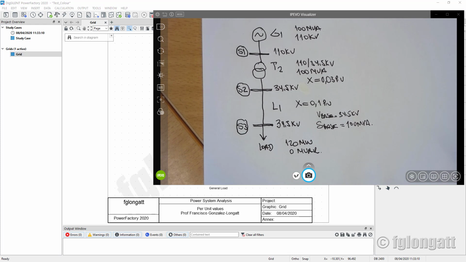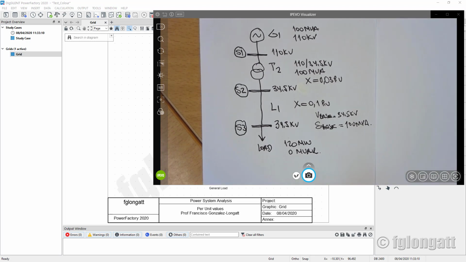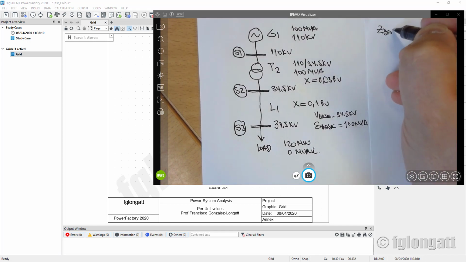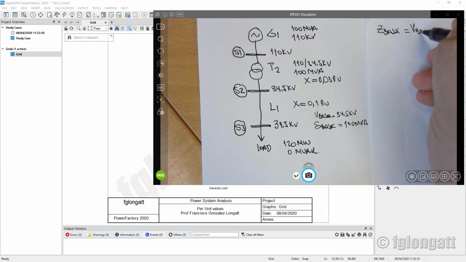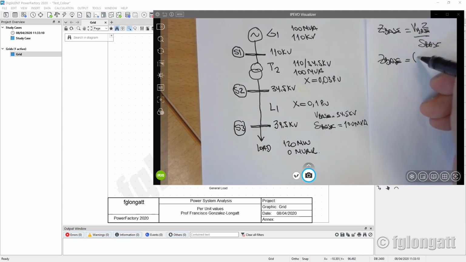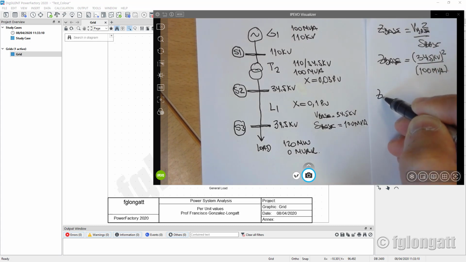Anyone taking a bachelor's degree must know that it's extremely simple to calculate the impedance base. You must remember from your studies, the base impedance will be the voltage base squared divided by the power base, and as a consequence that is 34.5 kV squared, and then you use here 100 MVA, and that gives you